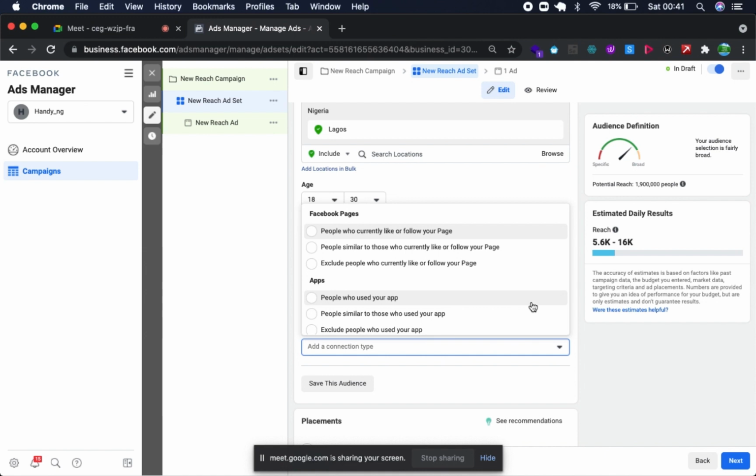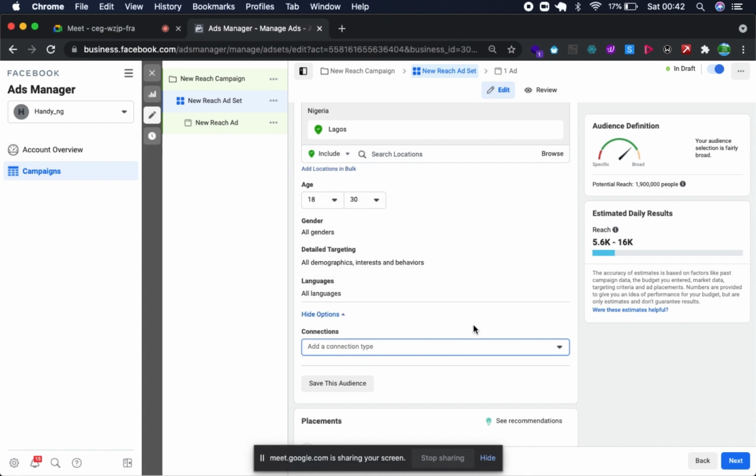You can tell Facebook to generate an audience using people that have already interacted with your page before. Facebook will create an audience that you can run your ads on, with people that have similar characteristics to whatever you have there. But we're not going to be going there today. We're just going to be ignoring this feature.